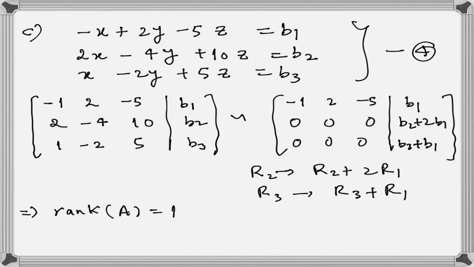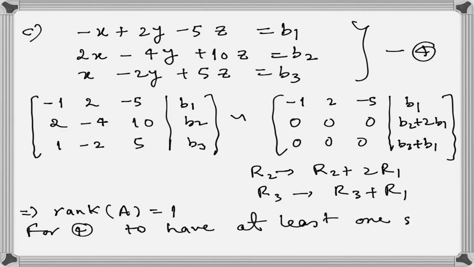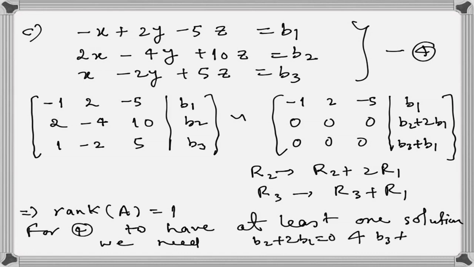So for this system to have at least one solution, we need both b2 plus 2b1 is 0 and b3 plus b1 is equal to 0. So both the conditions should be true, but